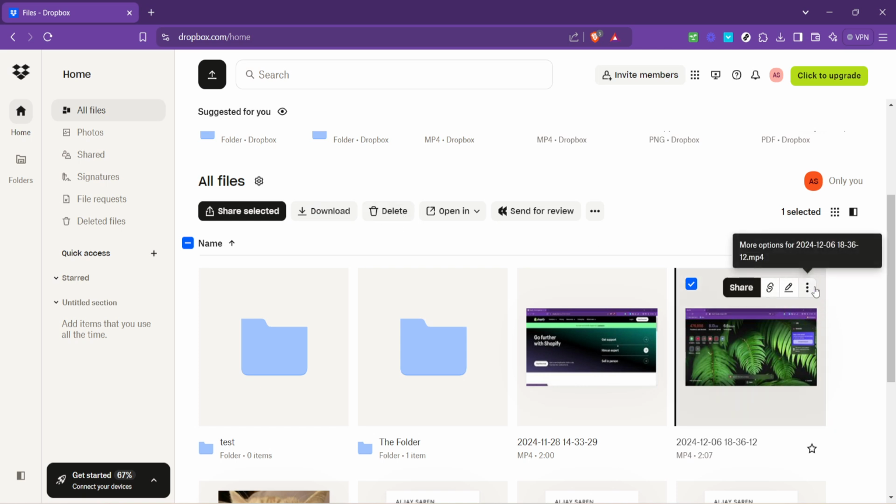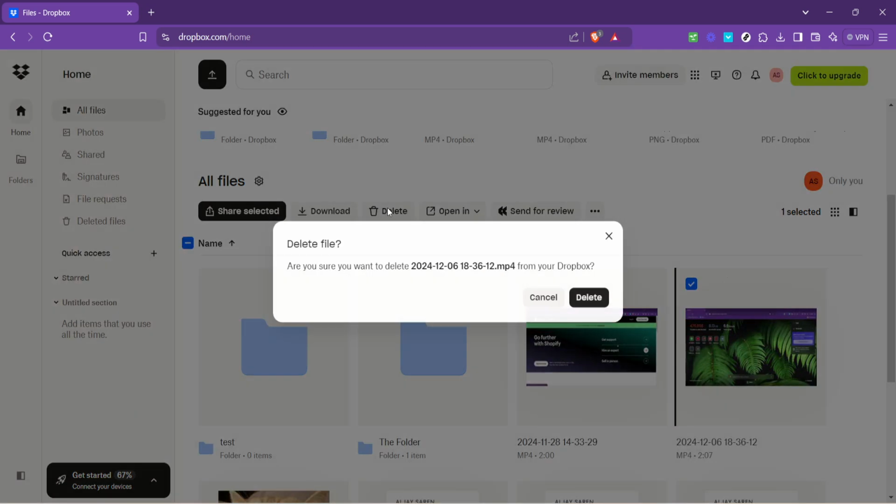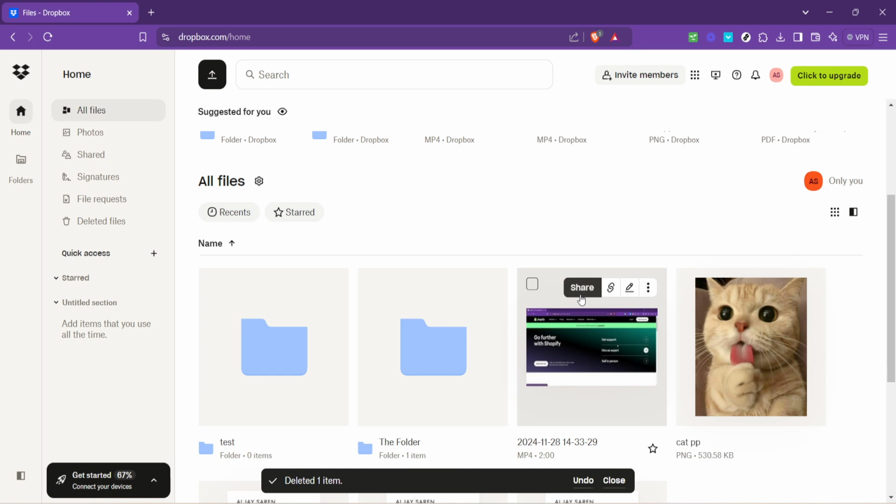After you've selected a file to delete, look for the delete option. It might appear as a trash can icon or be listed in a menu depending on the interface. Click on delete to remove the file from your Dropbox. This step is critical in helping you manage your storage quota and ensuring that only the most necessary files take up your valuable digital space. Deleting files can feel a bit final, but remember, it's all about making room for the new and ensuring that your digital storage doesn't become a hindrance to your productivity.